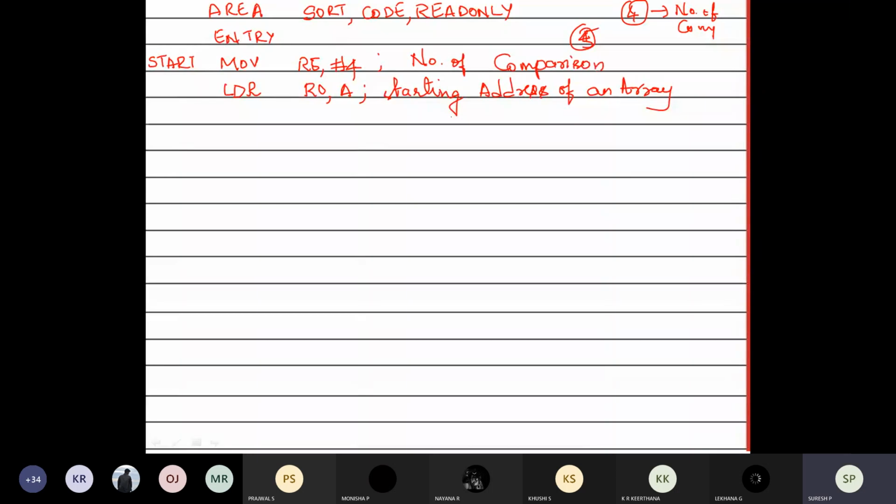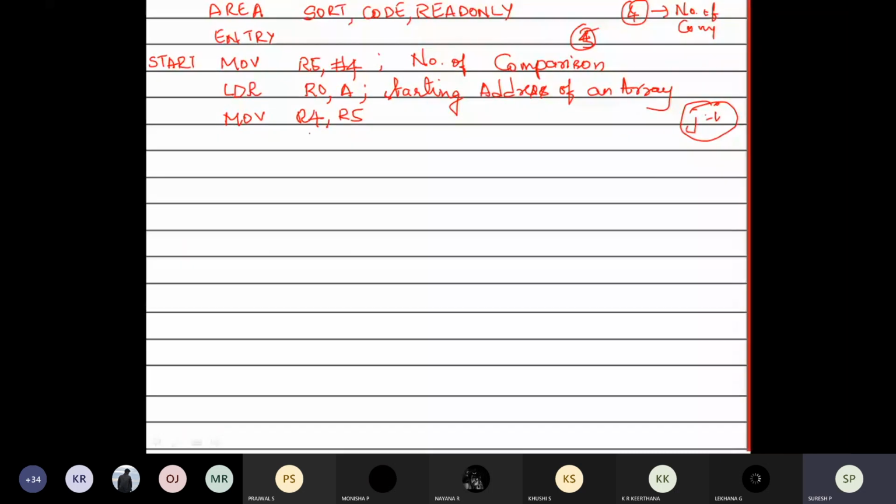Next, once it is done, we start the loop. Inside the loop, I'm going to make j equal to i initially. So j is equal to i, I'm going to make. For that, I move the contents of R4 to R5. This is the inner while loop initialization. That is, j is equal to i, as we have done in your array. So that part we are doing here: whatever the contents of R5 are, the same contents I am moving to R4.